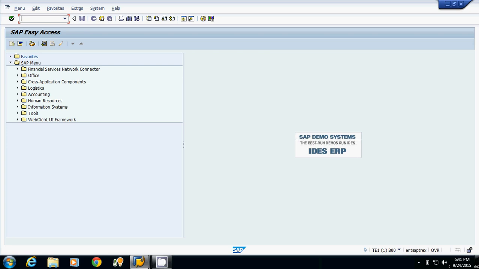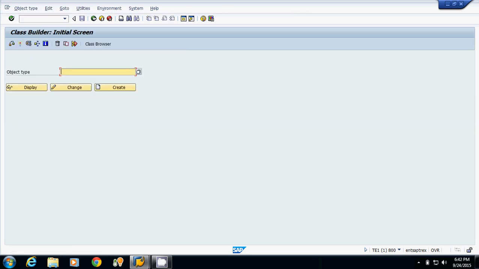Now SE24 is the transaction code for creating the class. Now we will move on to transaction code SE24. There is one important point at the time of persistence class creation: the persistence class name always starts with the keyword CL.